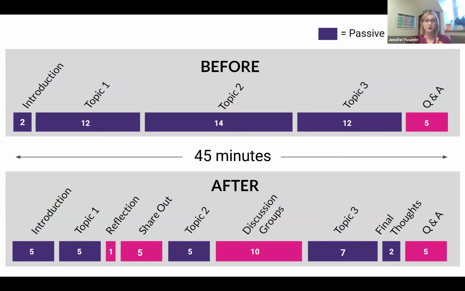So now we've restarted that timer. So now I can sit and listen for another chunk of time. Then we do something else active, and that resets the timer again. And so now I can sit and listen. So for students who are neurodivergent, breaking up those long periods of sitting and listening, which is kind of passive, even if they're taking notes, it still is a little bit passive. If I can break that up with active pieces, that's going to be really helpful for maintaining focus.